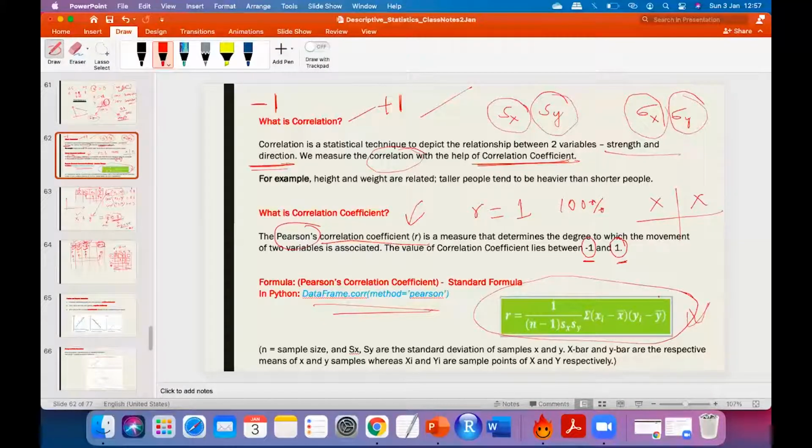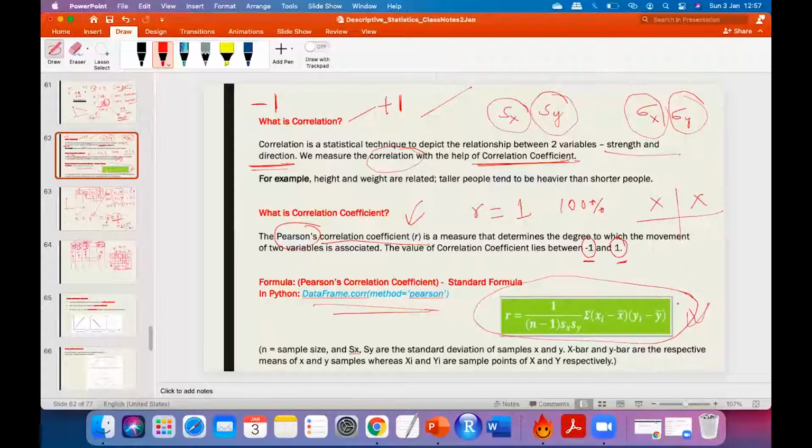And what is the strength of the relationship? 80%, or 0.8. Both the things you can speak. Just that the difference is whenever you are saying 0.8, you have to mention that the correlation coefficient is 0.8. Pearson's correlation coefficient R is 0.8. Or in other words, you can say it is 80% correlated. Clear?